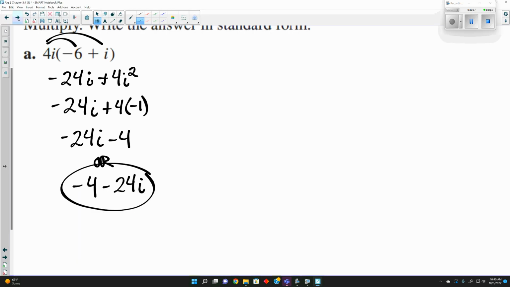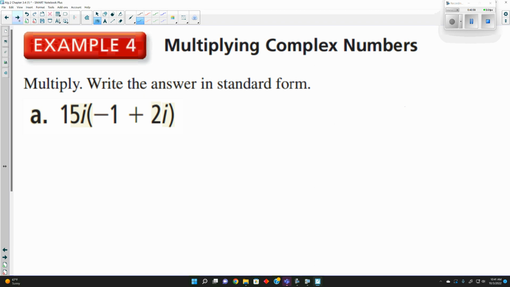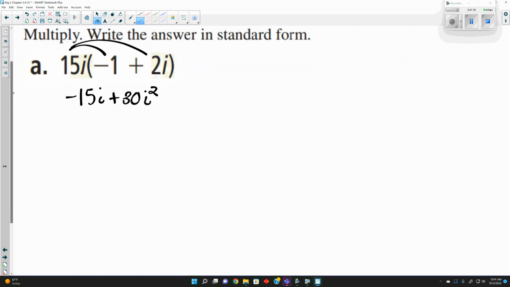Let's look at the next one. So again, we can distribute the 15i to both terms, which would give us negative 15i times 2i. 15 times 2 is 30i squared. Negative 30 minus